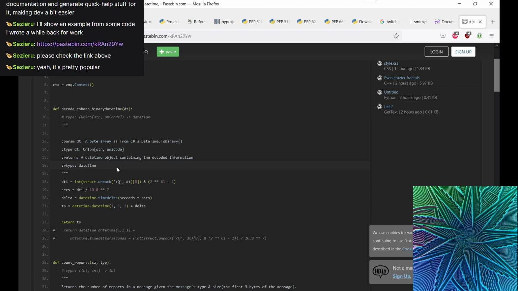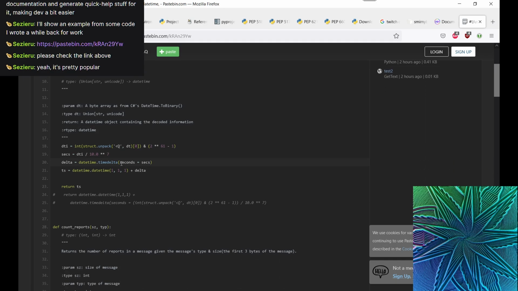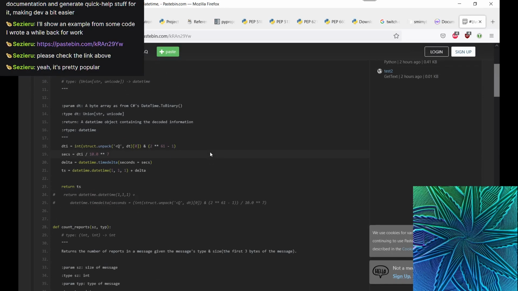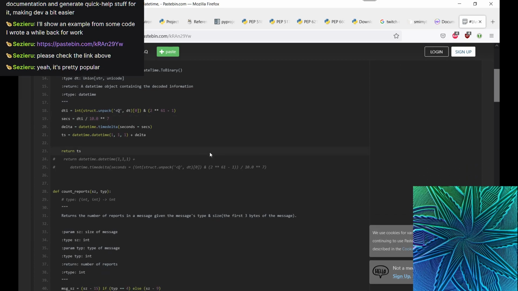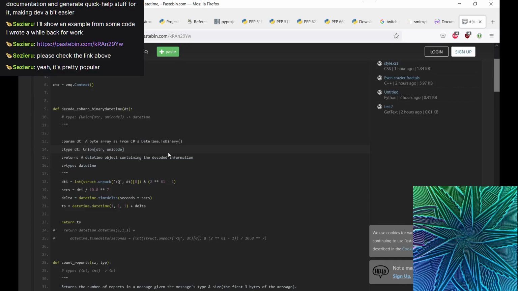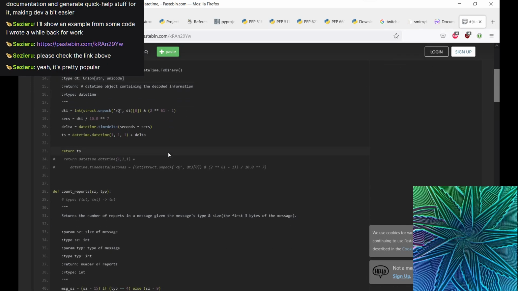Oh god, decode C# binary datetime. Oh god, you poor guy. I hate the low-level programming stuff like this. But if that is your thing, that is cool.